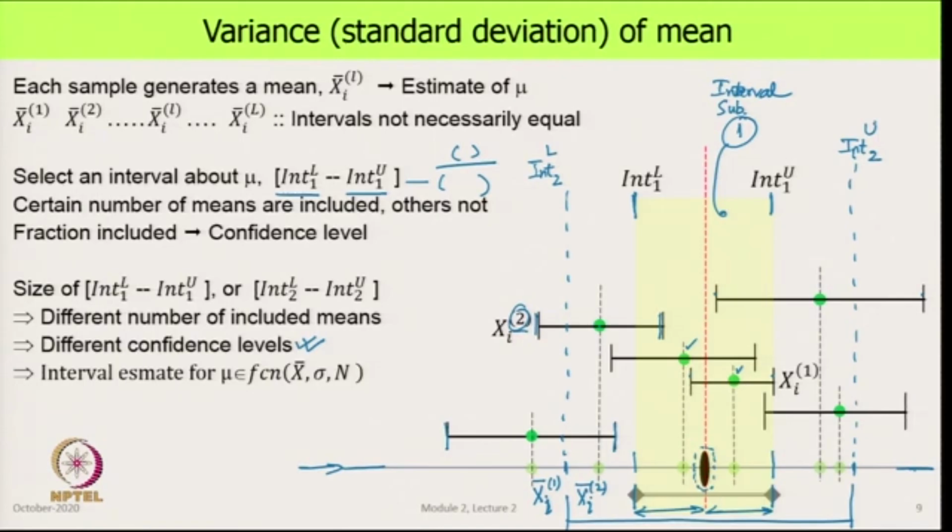And now what we see? In this interval, we have more of the means that lie in this. In this case, these first two were there, then 3, 4 and 5. This one is still not there. So, we say that in the second interval, I have 5 out of 6. In the first interval, I had 2 out of 6. This was interval 1, this is interval 2.